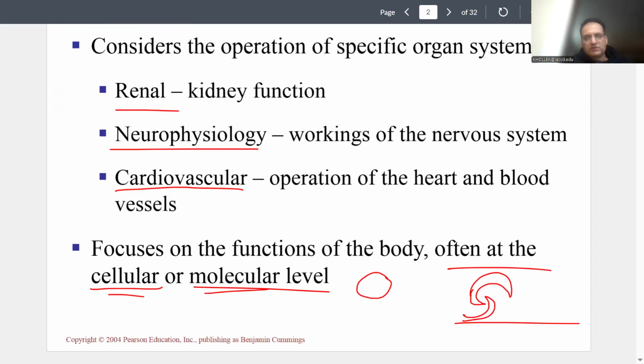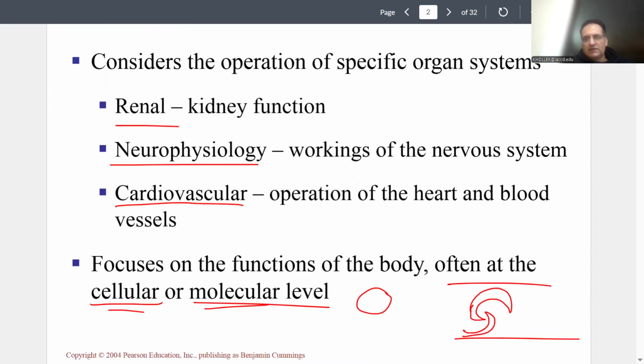All right, so the focus will be the function of the body, and sometimes due to cellular changes, molecular level changes, structural changes, those functions no longer operate. For example, if this is the blood vessels and you have red blood cells that are nice and round, in sickle cell anemia, the red blood cell is no longer round and flexible, so they're kind of sickle shaped. Now they could clog up the blood vessels, and as a result of that, the function of the cardiovascular system may not be operating the way it's supposed to. Okay. All right. So moving right along,